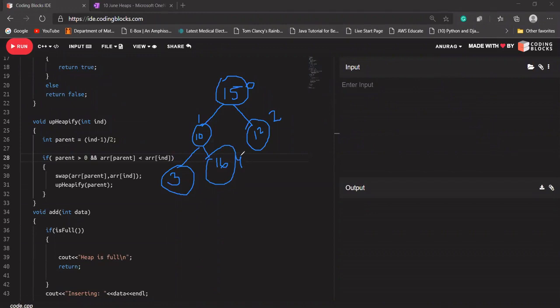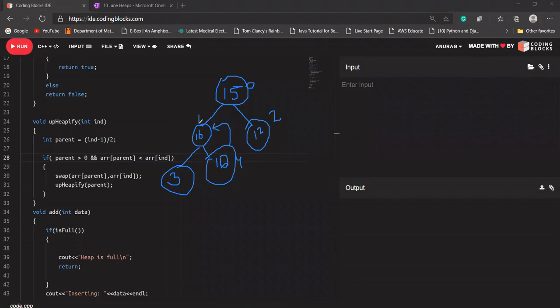So what I'm going to do is 4 minus 1 by 2, and compare it with the parent 1. In this case, yes, parent is greater than 0. Yes, it is 1, and 1 is greater than 0, so we're going to compare it. 16 comes here and 10 comes here.